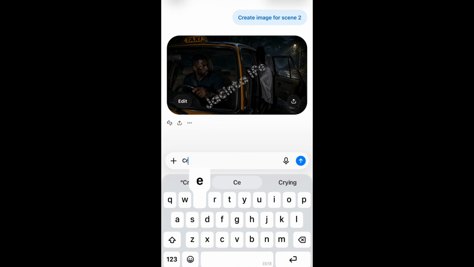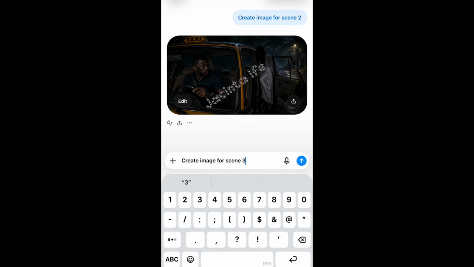So let's create image for scene three. We'll say create image for scene three. Now, if you're using the free version of ChatGPT, you can only generate 5 images in a day.